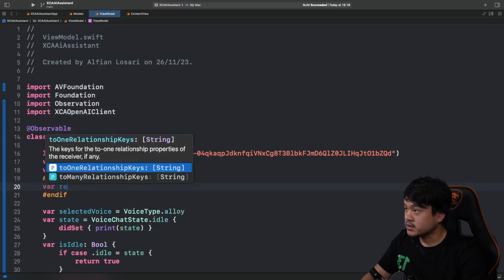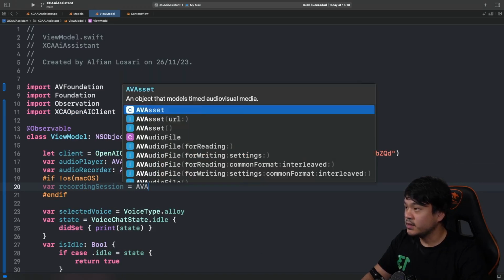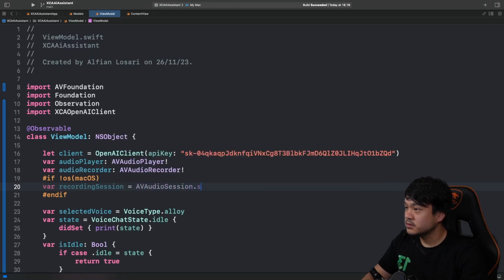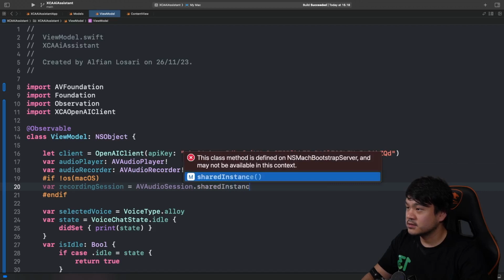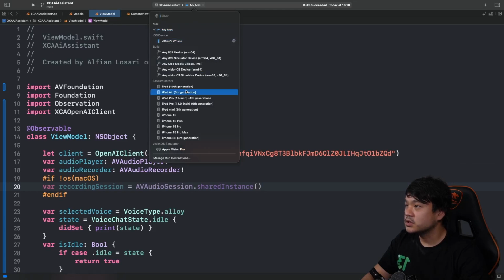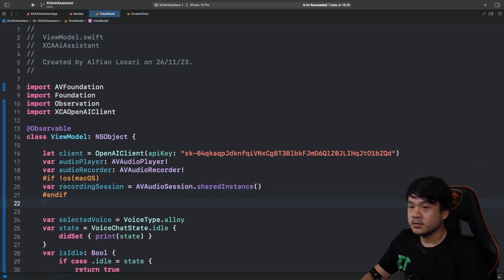We're going to declare this recordingSession. I'm going to use this AVAudioSession.sharedInstance. Okay, now let me try to change here to iPhone 15 Pro, and let me try to build. Okay, the build succeeded, so this is okay.